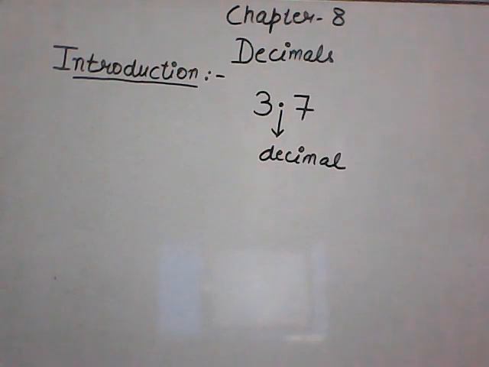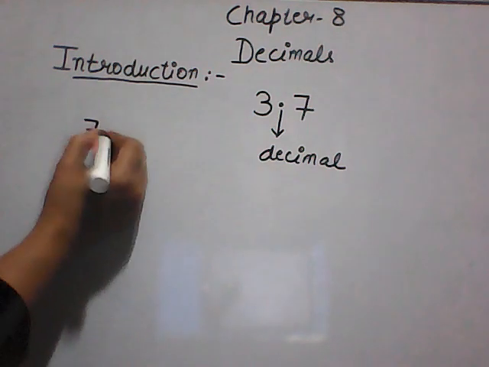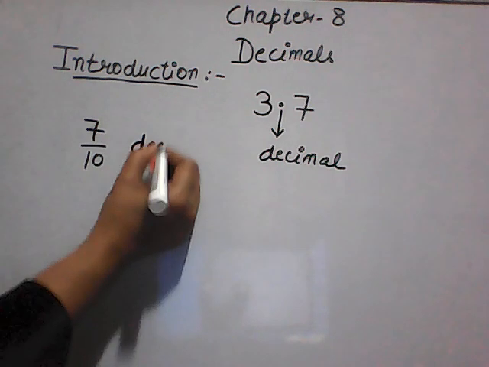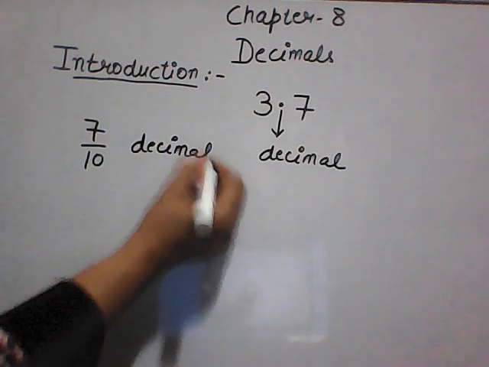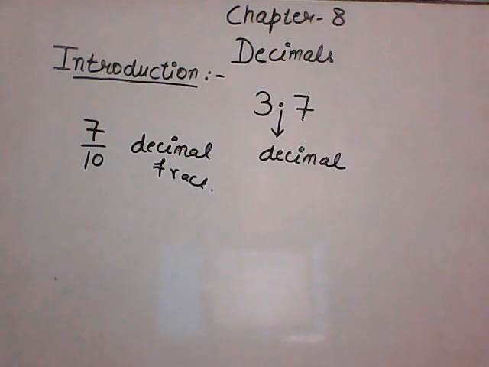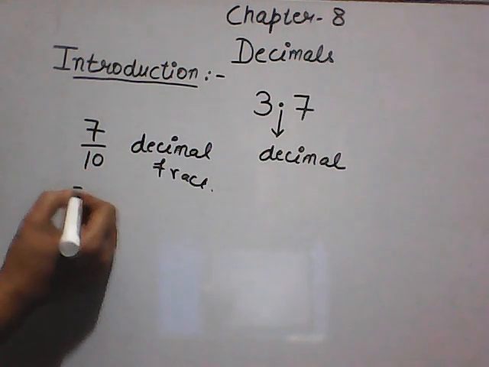Suppose I write a fraction 7 by 10. Fractions with powers of 10 as denominators are called decimal fractions. Now, these decimal fractions are rewritten by removing their denominators and using a dot. Here it is 10, so we can write it as